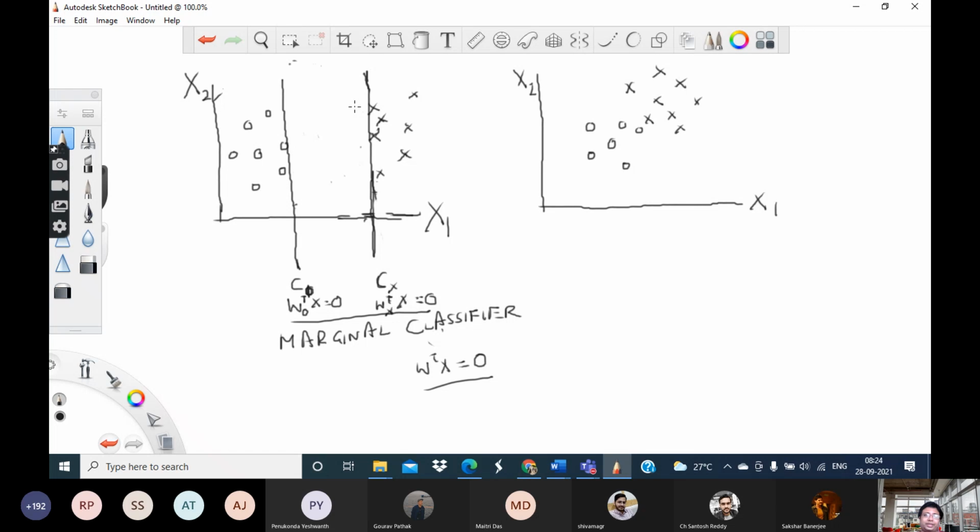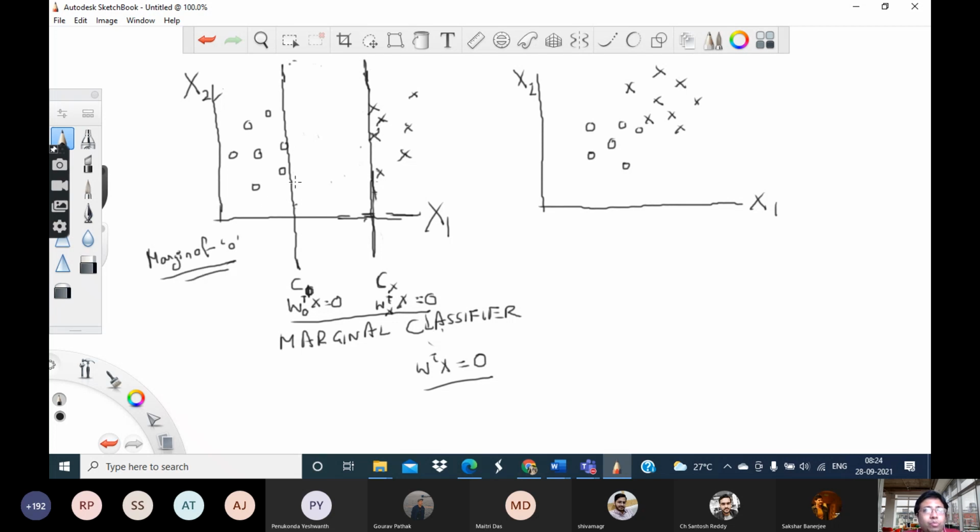Of course, this statement is true only for the training set. In the testing or validation set, of course, this might be violated, but if we focus only on the training set, that's what these two classifiers are basically saying. So we call these marginal classifiers. And now I want to define the term margin of, say, circle.